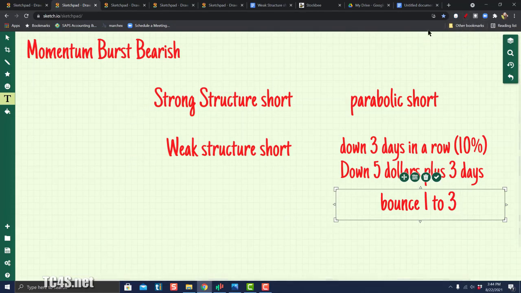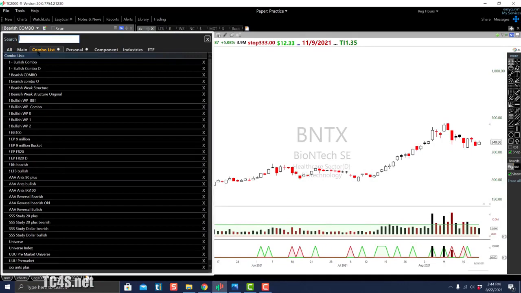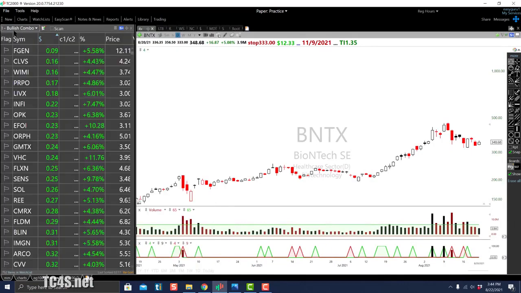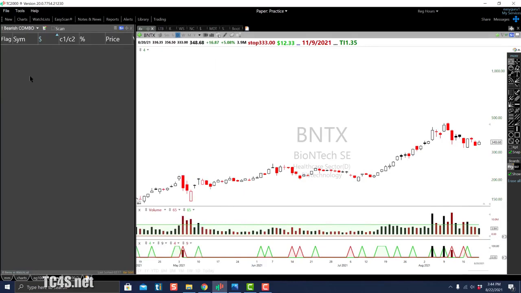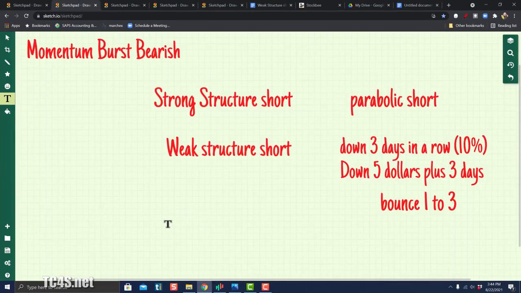Both these setups, again, I find by running the combination scan. So all in all, every day I run the bullish combo scan, I run the bearish combo scan, and I find setups. Okay. The only difference is that a lot of my capital is in retirement accounts like 401k accounts and other accounts where I cannot short. So relatively, the importance which I place on short is much lower. I'm not really aggressively going and looking for shorts because most of the capital which I trade is in accounts which are not allowed to short.